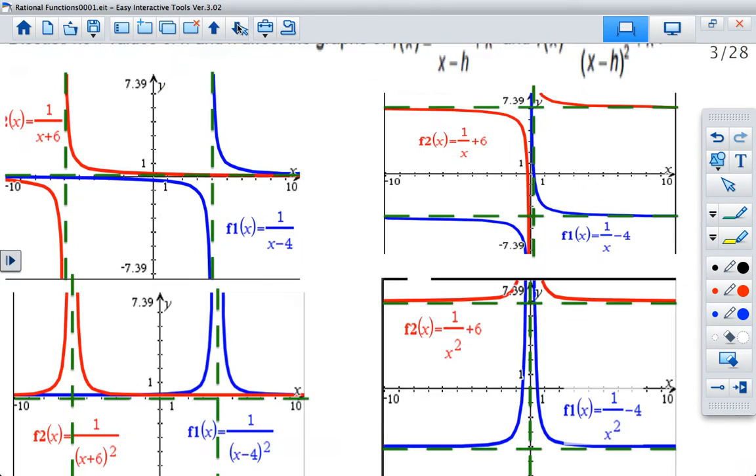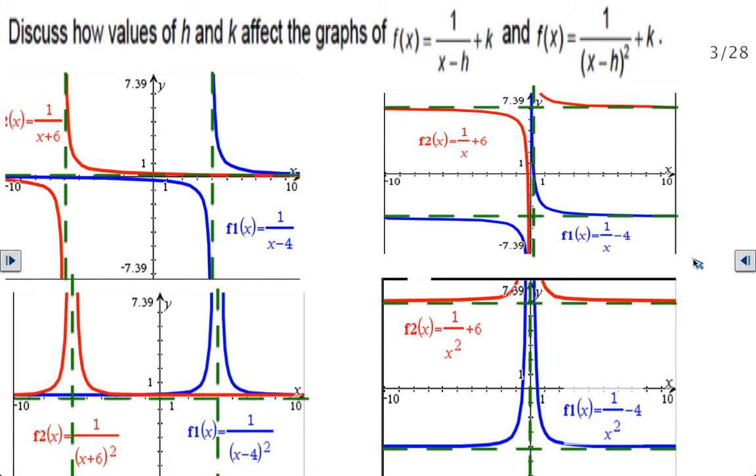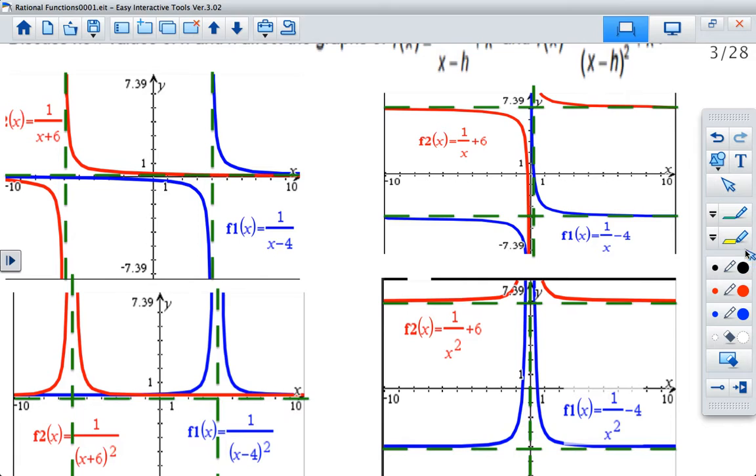All right, sorry guys. Next page. We're almost done with the video. Here's a lot of graphs. We just need to describe H and K. Now, in these notes, we use the letters H and K. When we are doing our transformation units, we use the letters